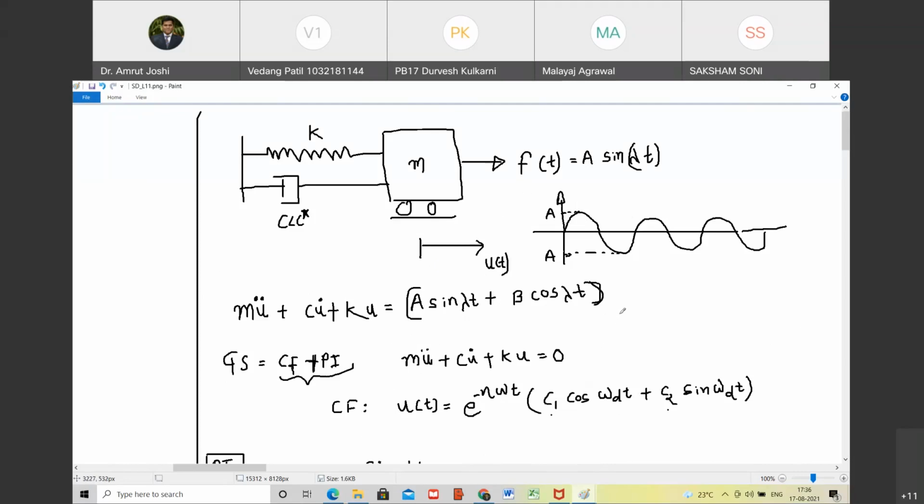In the next path, we are going to do an interesting thing. As this is a periodic forcing function, I will take this lambda close to omega, which is the natural frequency of the system. Are you with me? Yes, sir. You will observe that instead of a response of diminishing magnitude, you will have a response of exponentially increasing magnitude. And that phenomenon is called resonance.